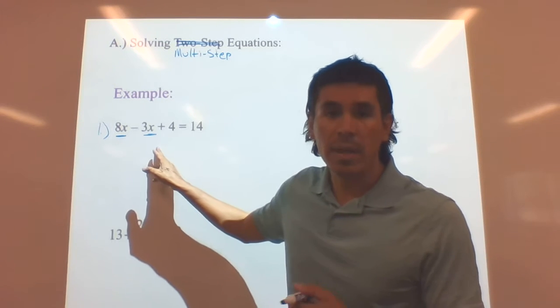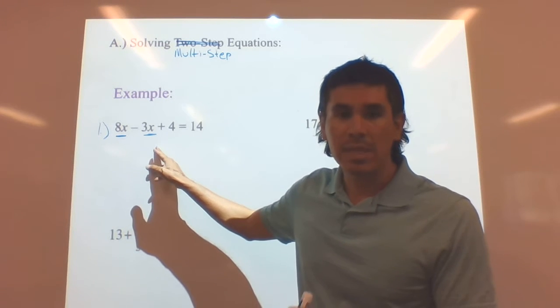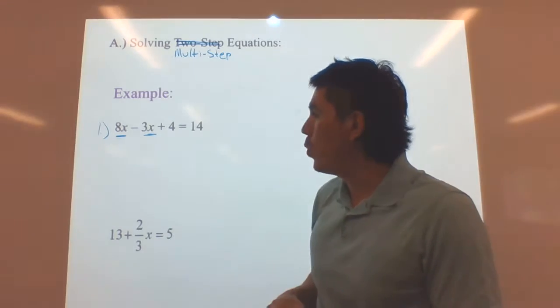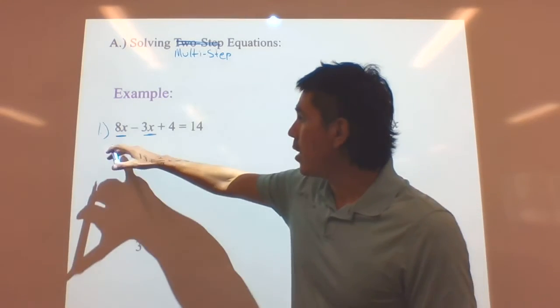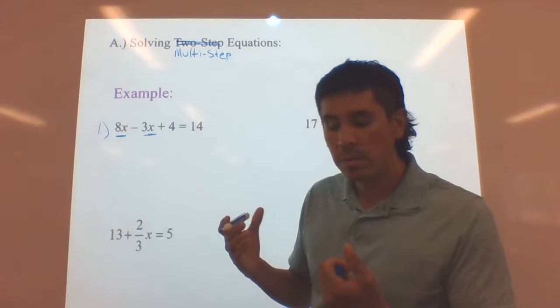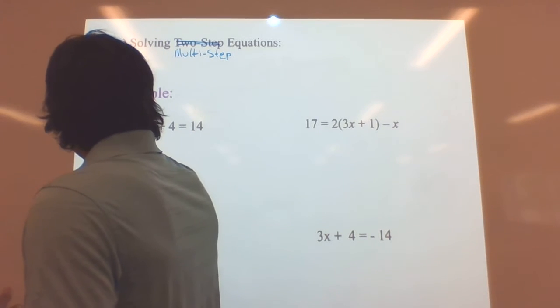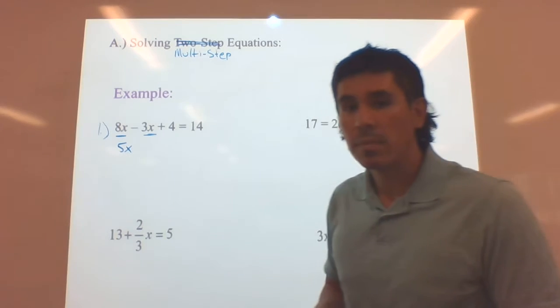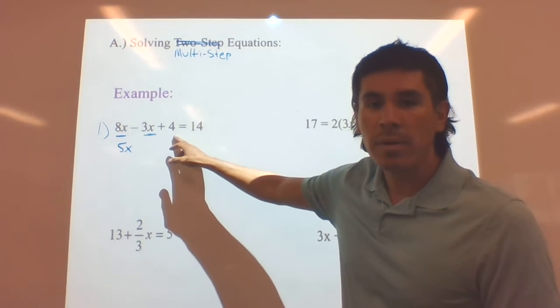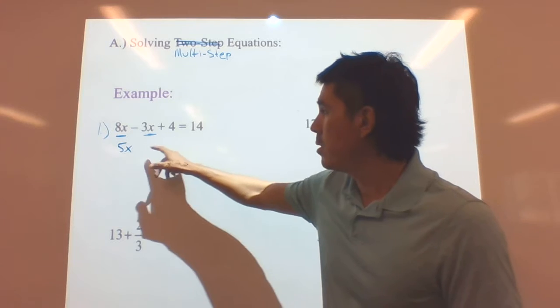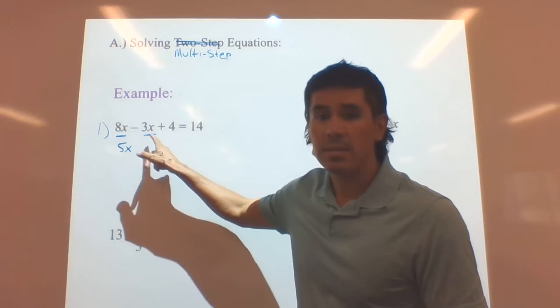Because these two are like terms, we can combine them. That's called combining like terms. So when we combine like terms, 8x minus 3x is 5x. Okay? I can't combine the 4 because the 4 is not the same as these guys in terms of